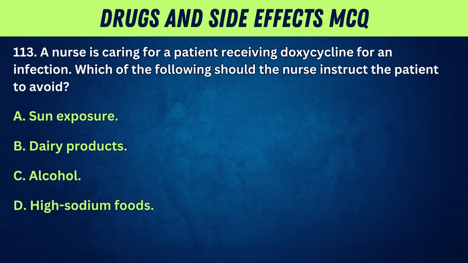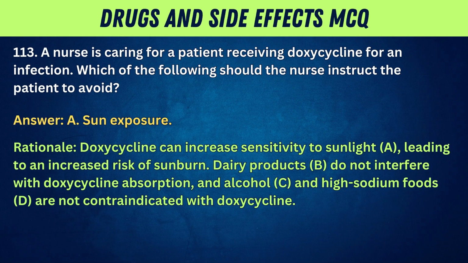113. A nurse is caring for a patient receiving doxycycline for an infection. Which of the following should the nurse instruct the patient to avoid? A. Sun exposure. B. Dairy products. C. Alcohol. D. High-sodium foods. Answer: A. Sun exposure. Rationale: Doxycycline can increase sensitivity to sunlight (A), leading to an increased risk of sunburn. Dairy products (B) do not interfere with doxycycline absorption, and alcohol (C)